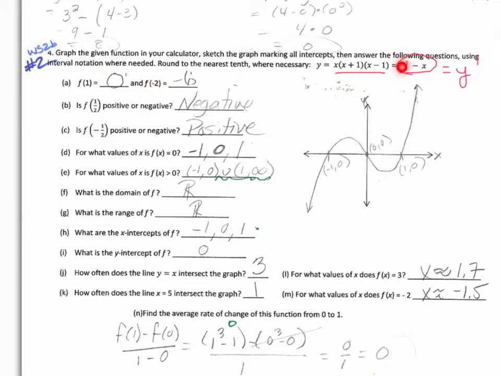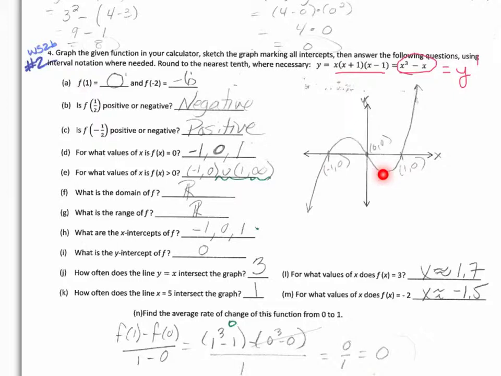So put it in for x up here, negative 2 cubed minus a negative 2, and you get negative 6. Now they're asking you for part B, f of 1/2, positive or negative. When we look at f of 1/2, we find 1/2 is sitting here, and f of 1/2 is the y value. So what's the y value when it's 1/2? Well, all of these y values are negative. So at positive 1/2 x, the y value is